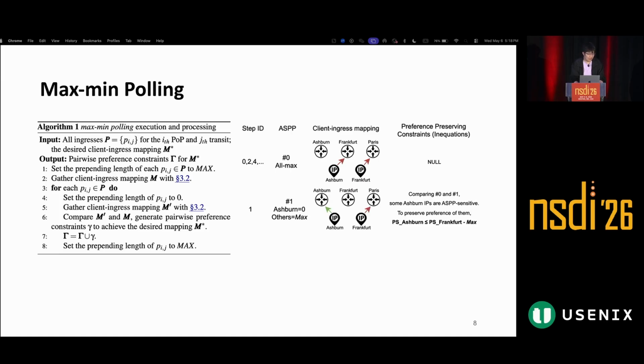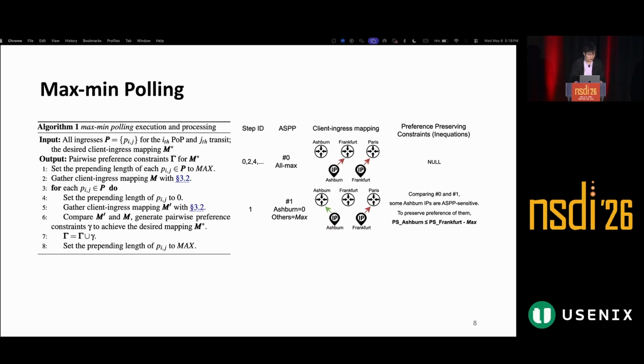If any client reaches this POP, we know that this POP has the attraction to these client IPs. For instance, when we turn Ashburn to 0, we can see that this Ashburn client goes to Ashburn. And then we know that this client IP requires the path length of Ashburn to be less than the path length of Frankfurt minus max.